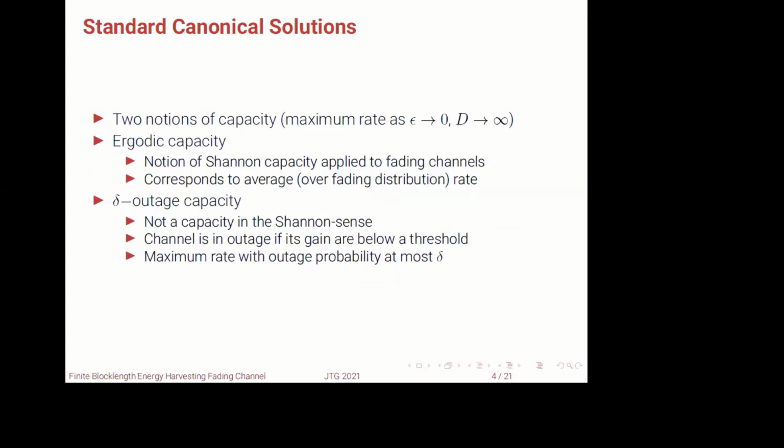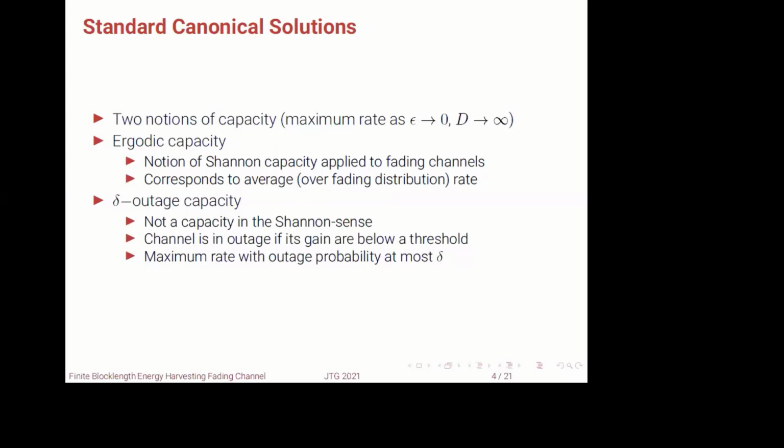There are primarily two notions of capacity that is associated with a wireless channel. One is what is known as the ergodic capacity of the channel. Now, this is a capacity in the Shannon sense, and it is expressed as an average rate, averaged over the fading distributions, and it can be achieved using